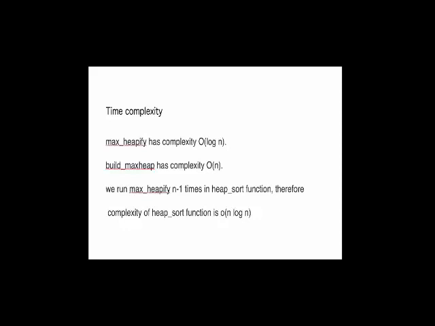Therefore, the time complexity of the heap sort function will become order of n log n. N times you are repeating this function, so it is order of n log n. So the time complexity of heap sort is order of n log n.